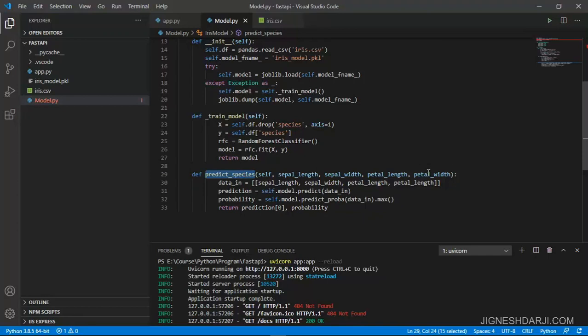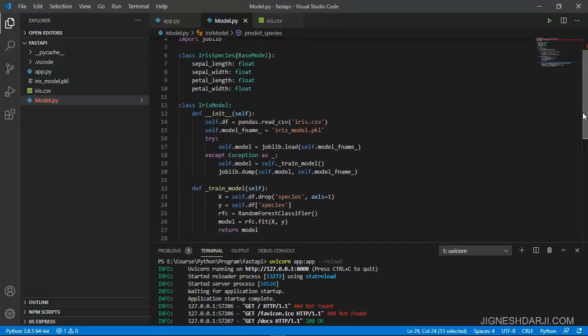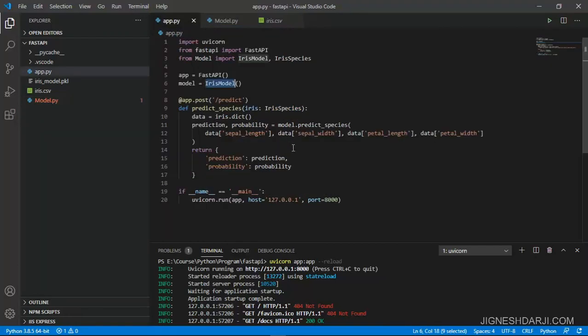So all the things are ready as per the requirement, and we have all the details related to the IrisModel, and this predict species function is called from the app.py to get the predictions and the probability. From here we call that particular function.